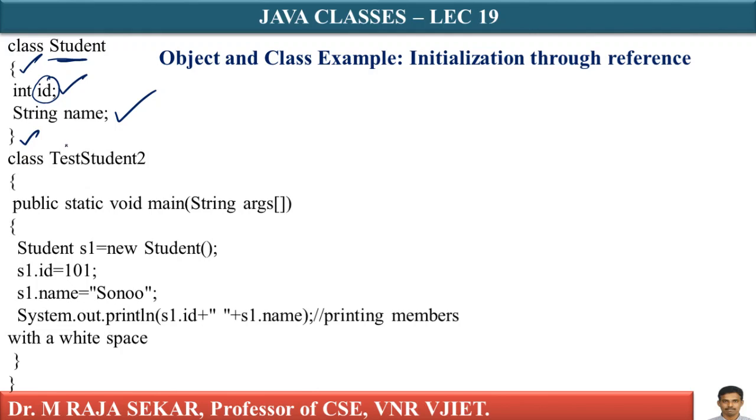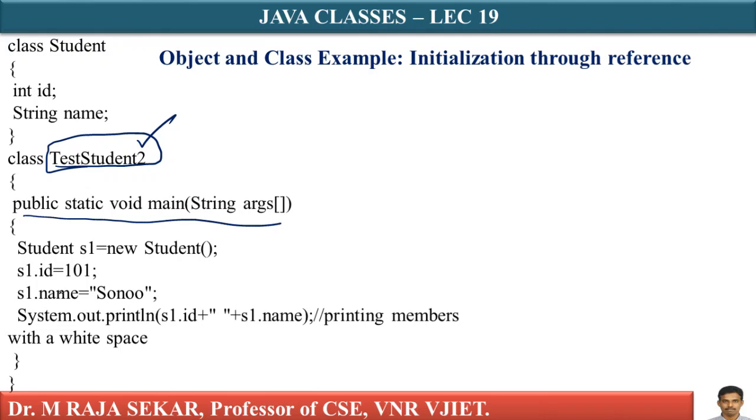As we were saying, it is better to create two classes. Anyway, let me create another class. What is my second class? Class TestStudent2. But how can I save this file? TestStudent.java. Why? Because in this particular class only I have public static void main. Even though you have multiple classes in a Java program, you can keep public static void main only in one class. That class.java must be the file name. These things I already discussed many times.